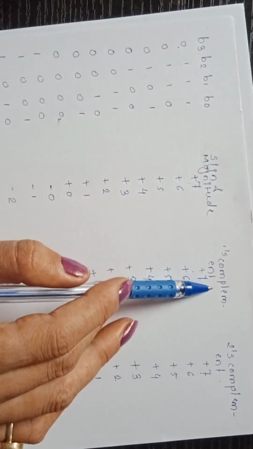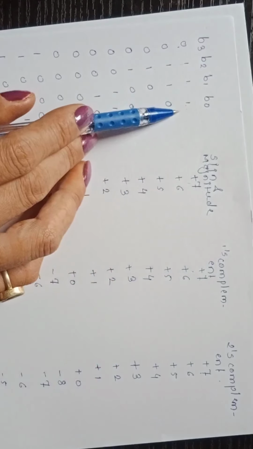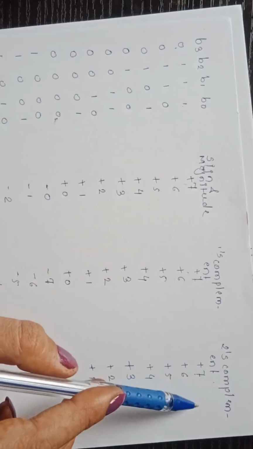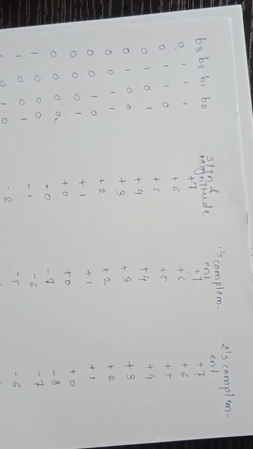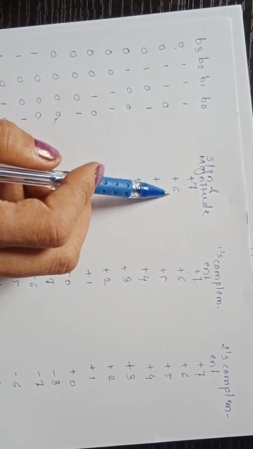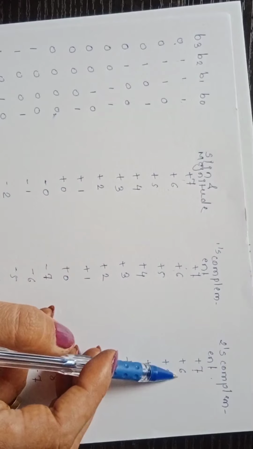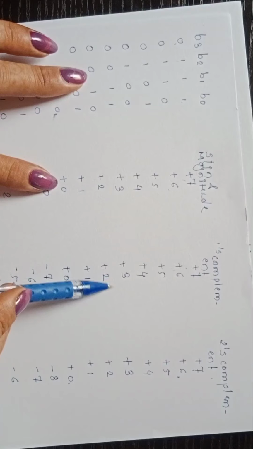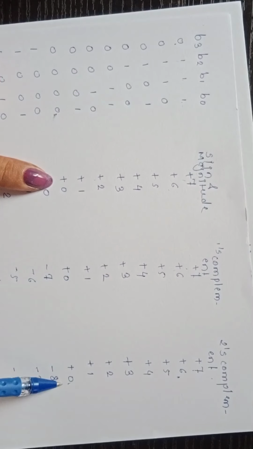Now what is 1's complement? 1's complement means, in simple language, 1 will become 0 and 0 will become 1. And what is 2's complement? In 2's complement, first we have to find the 1's complement of a particular number and then add 1 to that 1's complement. Then we will get the 2's complement of the number. So for 0 1 1 0, it is positive 6 and again positive 6. So up to 0, the sign and magnitude, 1's complement and 2's complement are the same as the conversion of a decimal number into a binary number.